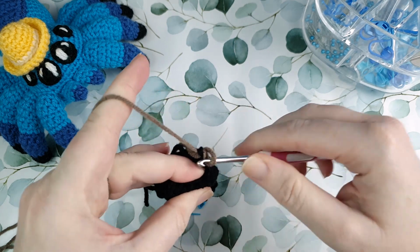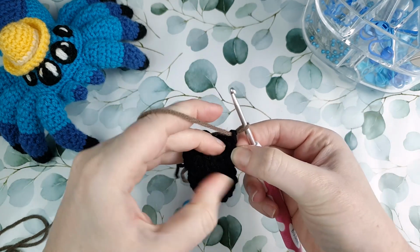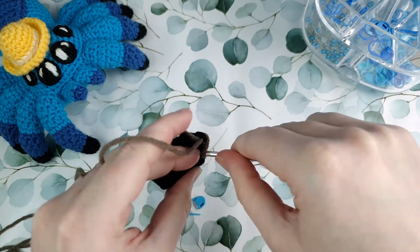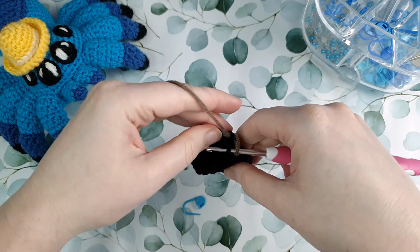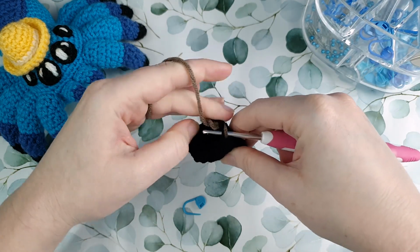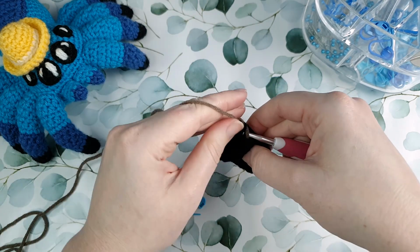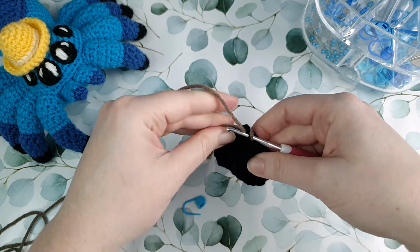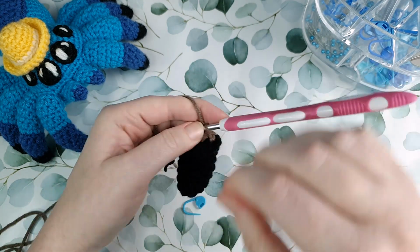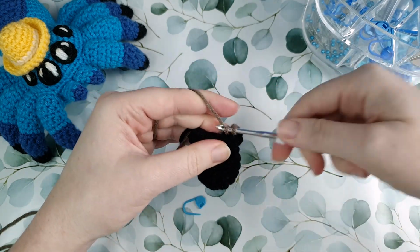So I'm sure you can see very well, but you want to go into the first back loop. There we go, I finally got it. Okay, you want to do 1 single crochet, and I'm also going to be working over these tail ends to secure them. One single crochet, and then in the next back loop I'm going to increase,